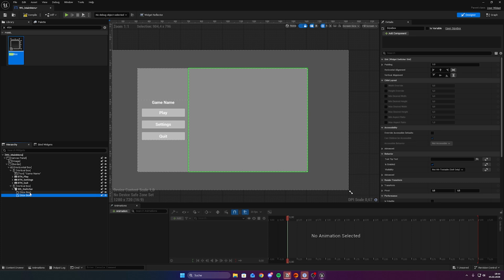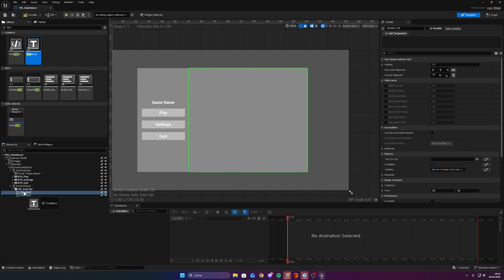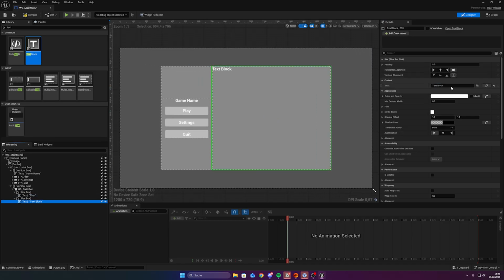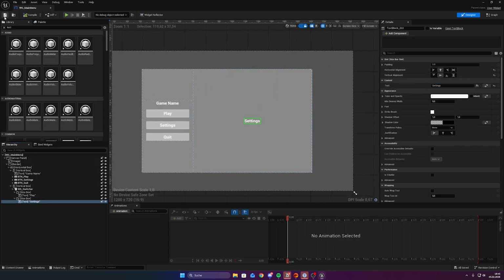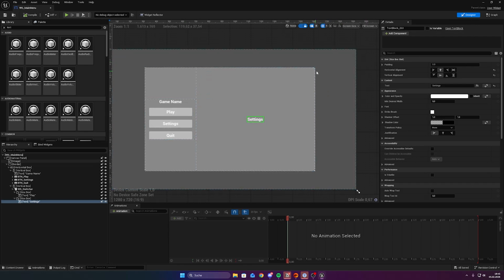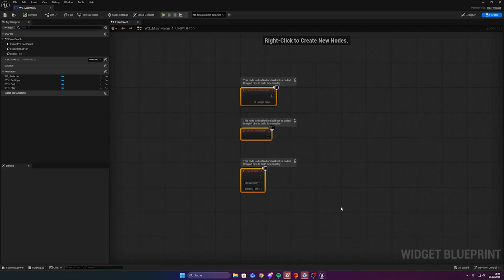and just duplicate it so we have 2. And just to demonstrate what the widget switcher will do, I'm going to put a text in each one of these. The first one will be our play menu. Center it. The second one will be our settings menu later on. Center it also, and now we can hit compile, save, and we now can go over to the graph editor,